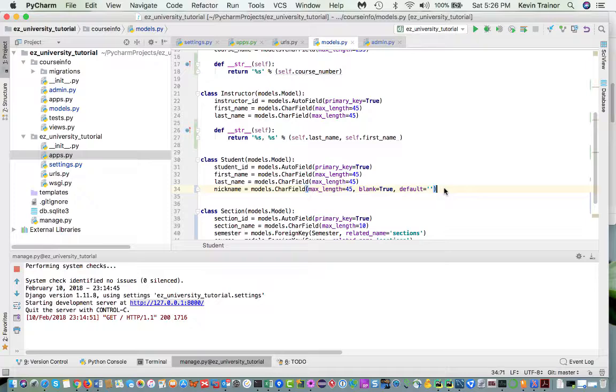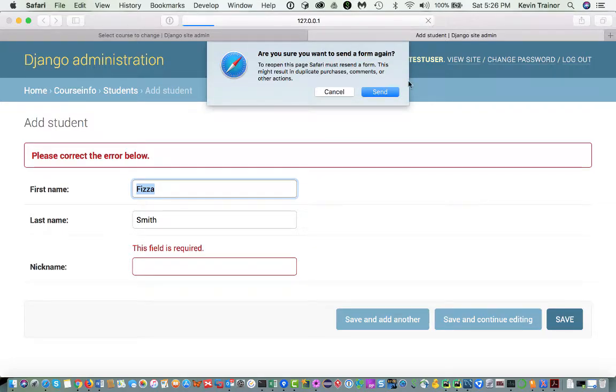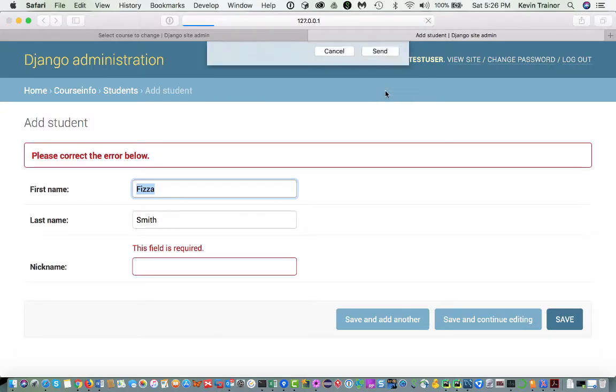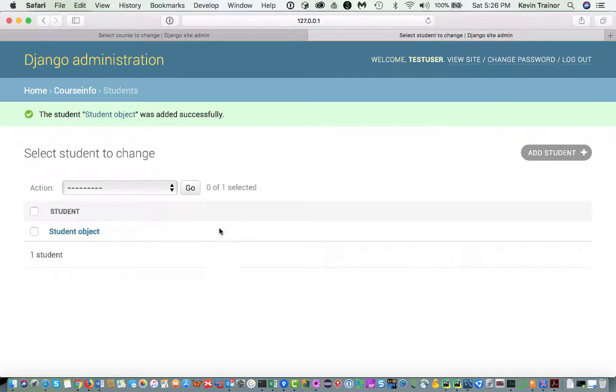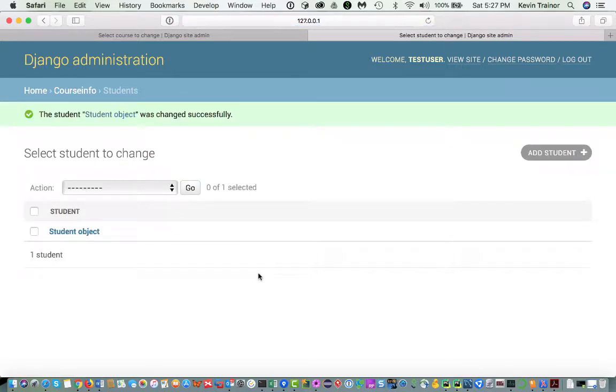So let's save this, and let's come down to our browser, and we're just going to have to refresh. Oh, yeah, we're going to have to send it again. And it didn't care now. So we have a student object called FEB2018, okay, and that's fine. And let's add another student,